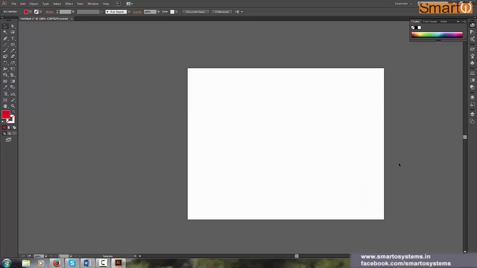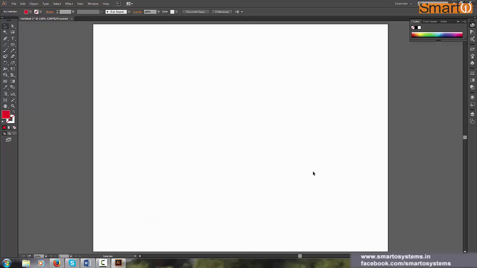Alright, so knowing the difference between raster and vector graphics, let's get back to our interface. Adobe Illustrator has a very good, or you can say customizable, interface, where you can customize things the way you want. How can you customize? We'll come to that point. But first we'll start with each of them in detail.